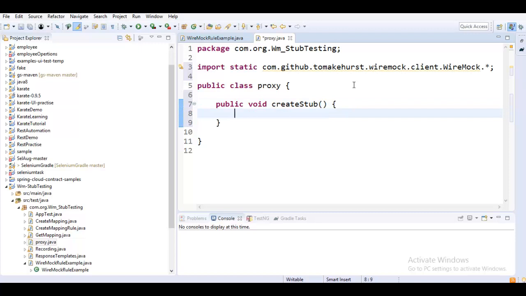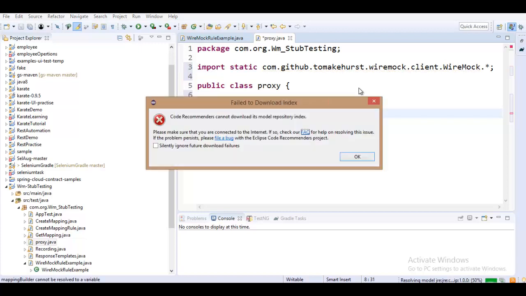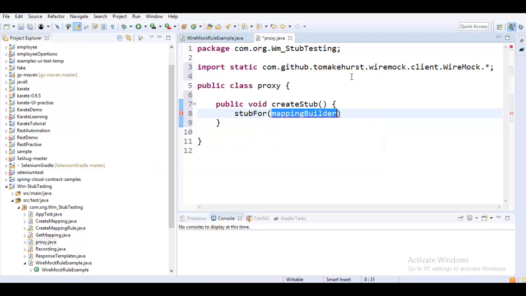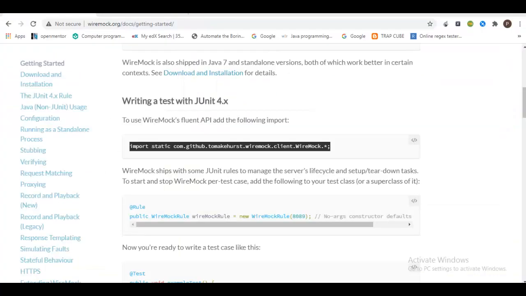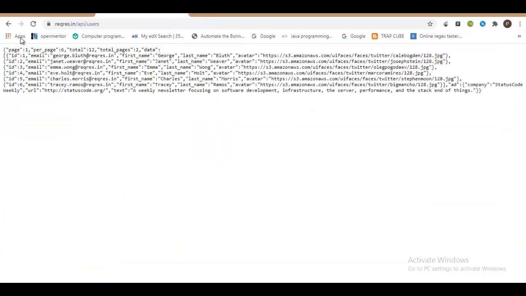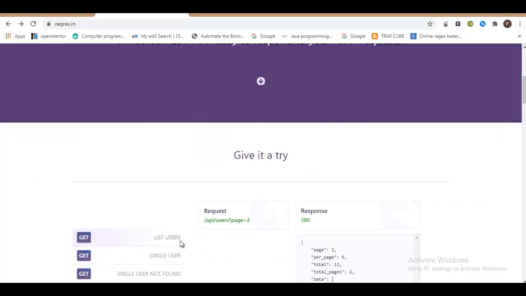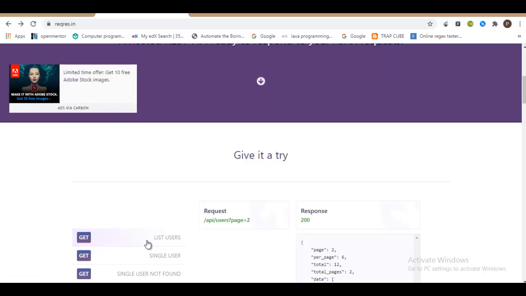And inside this method I'll just call stubFor, because we all know that these are static methods, so that is the reason we have just imported this particular package statically. And let us just think that we are going to imitate this API. It is a basic GET request. Even if you come back and see the actual implementation, this is a GET call.